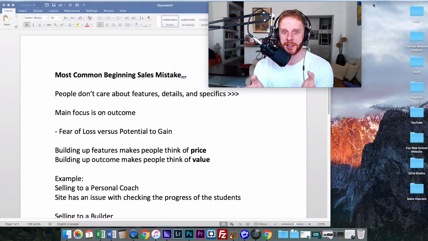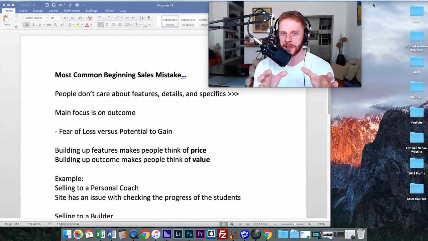All right, so what is this mysterious thing that beginners are doing that isn't quite working? It is this. I'm going to explain straight away. When people come to selling their services or their products online, a very, very common mistake is that they focus too much on exactly what their product or exactly what their service is. But what people really care about, what sells much more effectively, is the outcome, the end result. So during your sales pitch, and I'm going to break down exactly how to do this, you want to be much more focused on the outcome that your client wants, on the result that they want to see from your product or from your service.